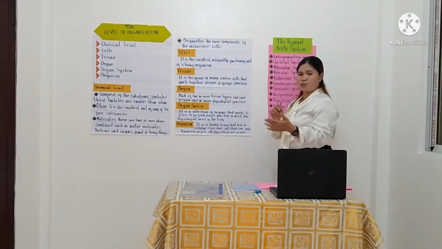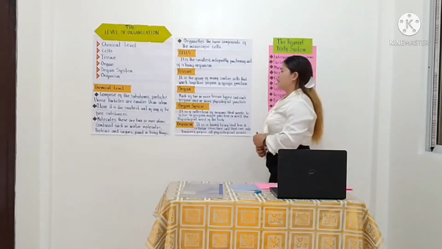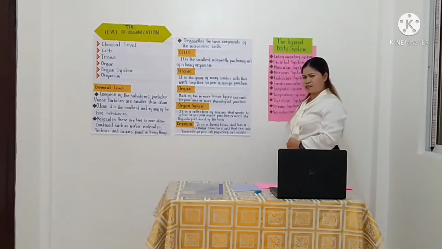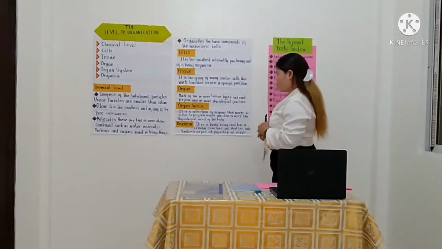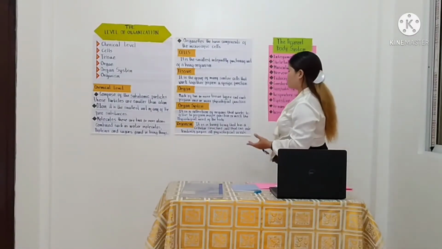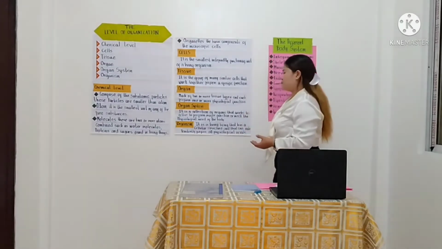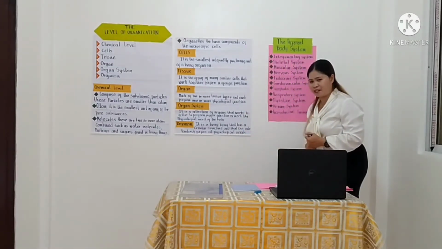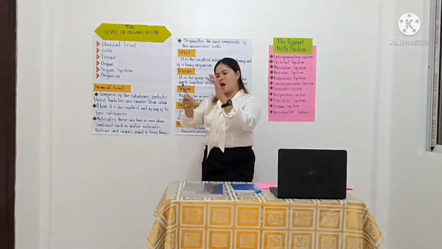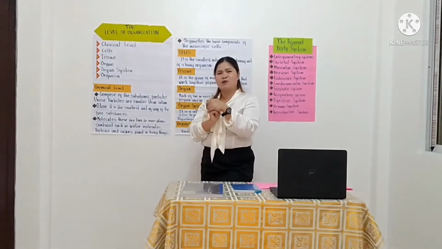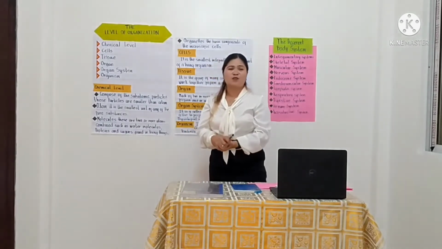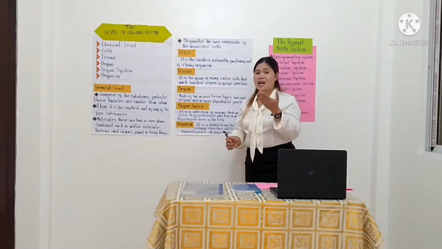The kidney, it is also an organ. So next is the organ system. When we say organ system, it is a collection of organs that work together to perform major functions or meet the physiological needs of the body. Examples of these are what? For example, our skin, our hands, where do they belong? What kind of organ system do they belong to? So later we will tackle that.